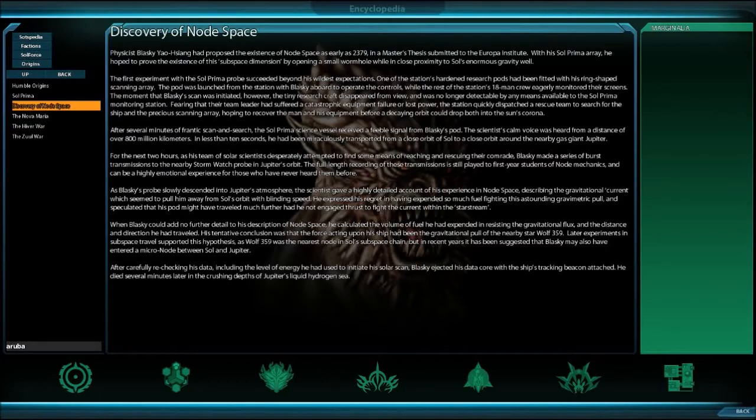Fearing that the team leader had suffered a catastrophic equipment failure or lost power, the station quickly dispatched a rescue team in search of the ship and the precious scanning array, hoping to recover the man and his equipment before a decaying orbit could drop both into the sun's corona. After several minutes of frantic scanning and search,